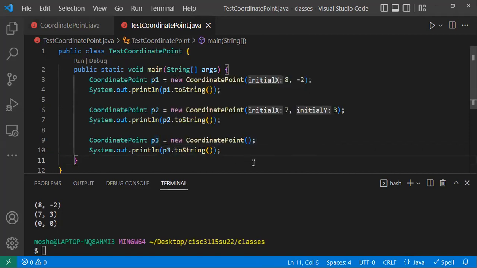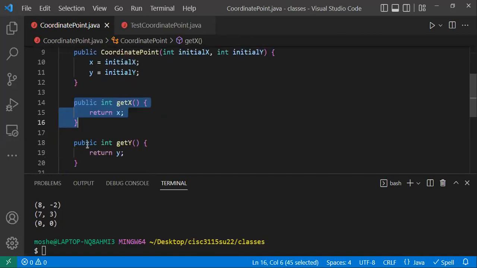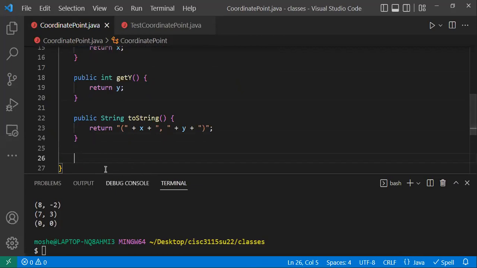All right, so now let's add another method. So we have getter methods, get x and get y. Now we'll write a setter method. We can write separate methods for set x and set y. I thought maybe let's write just one method that will be able to set x and y at the same time. So let's say public